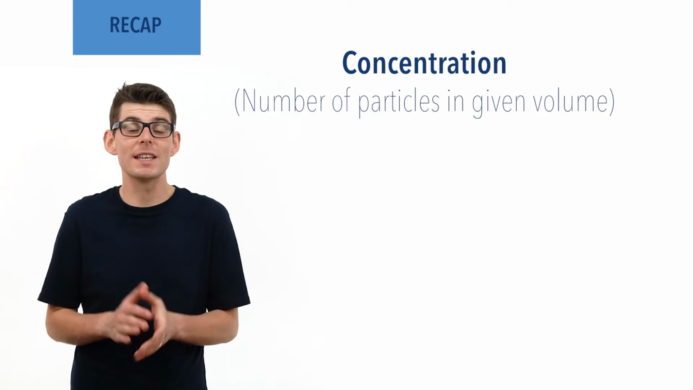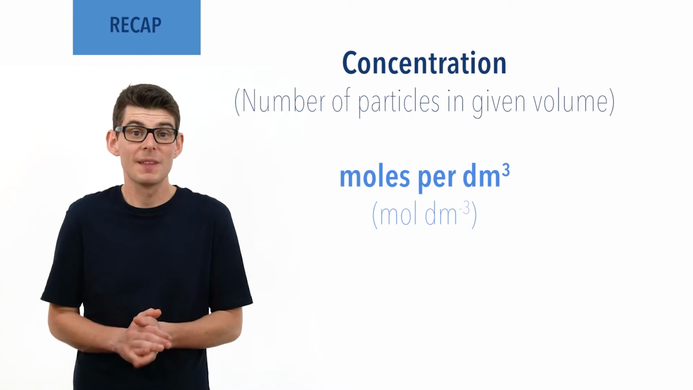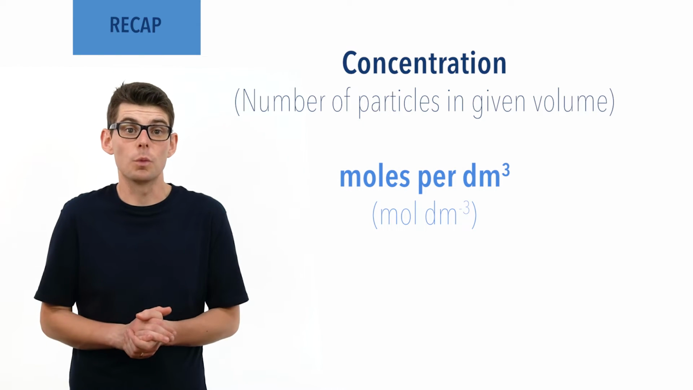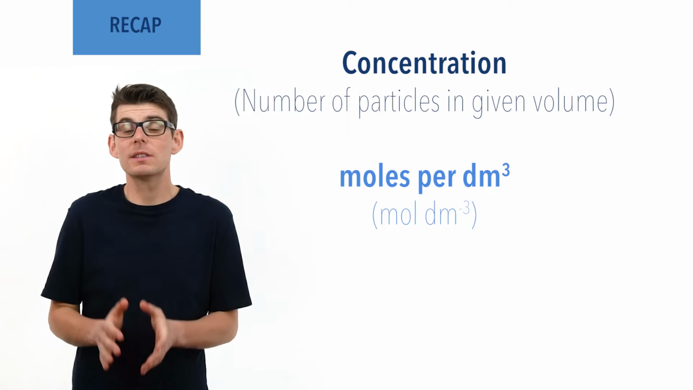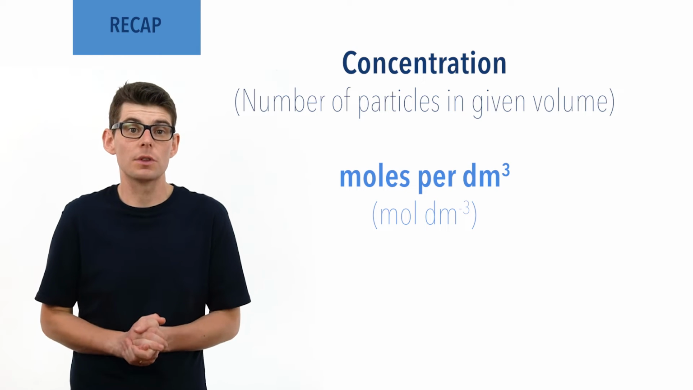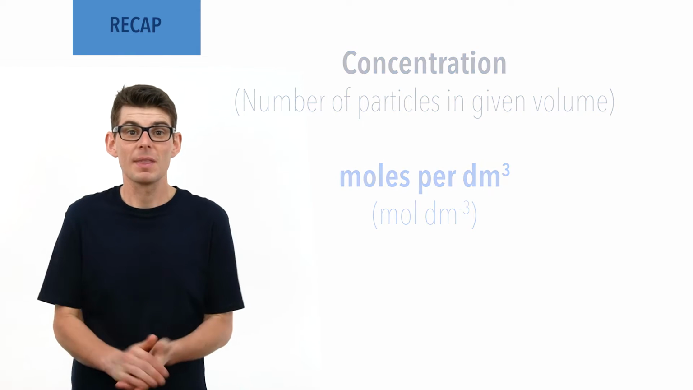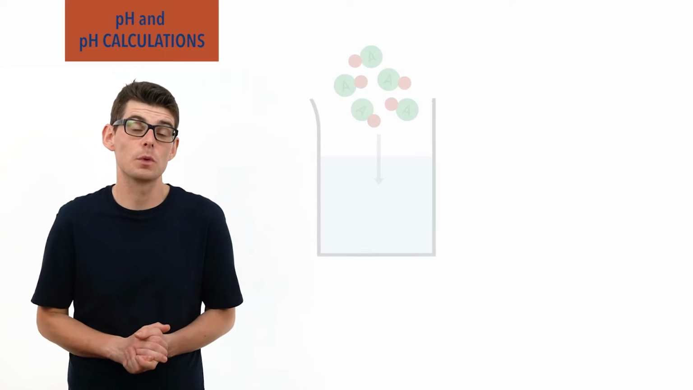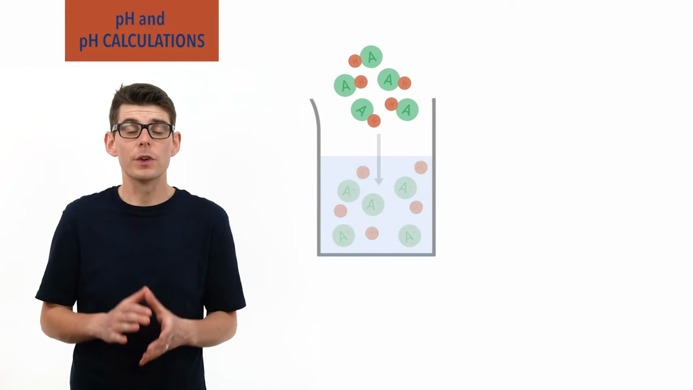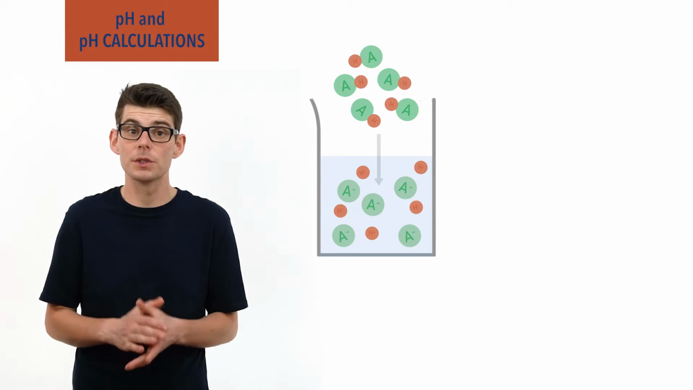Usually this is measured in moles per decimeter cubed, as in a concentration of 1 mole per decimeter cubed means in 1 decimeter cubed of solution there would be 1 mole's worth of those particles present. Recap done? Let's go! When an acid dissociates in water and splits apart, the concentration of H+ ions in the